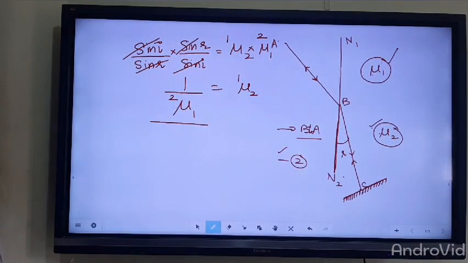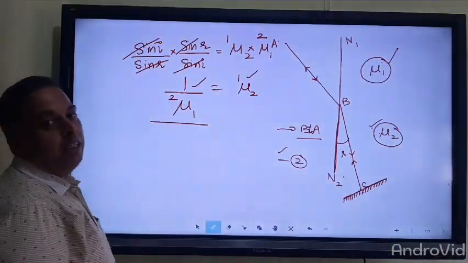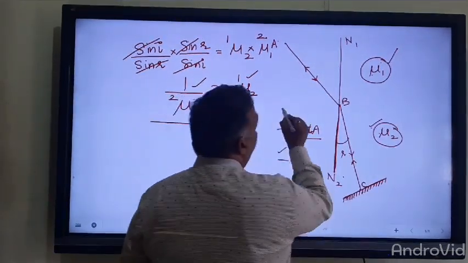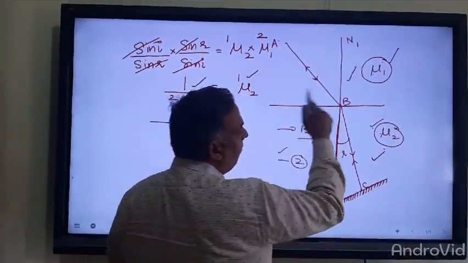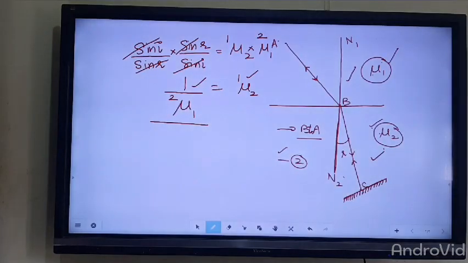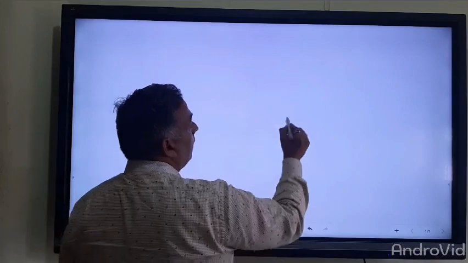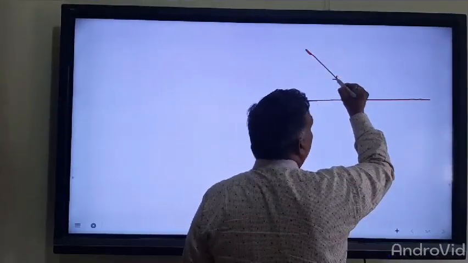So this means it follows the principle of reversibility. If we reverse the refractive index, then it comes to be the refractive index of another medium with respect to the first, or the first medium with respect to the second. And then another phenomenon in this case is, if we look at this, this was an interface, and this is the